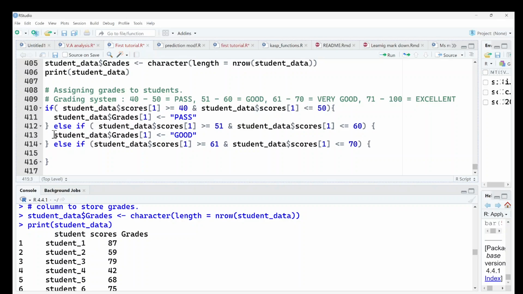We should still call the column called grade, and then this time we're not going to store good, we're going to store what? Very good. Sorry, we're going to store very good. And then finally, else if